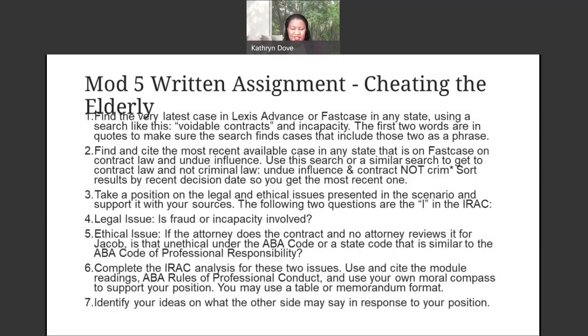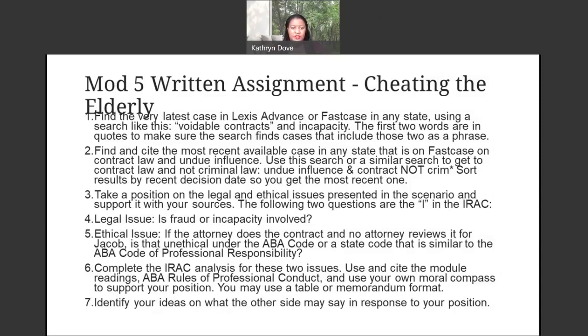So you'll want to, of course, get on Lexis Advance or Fastcase, use one of these premier legal research services, and do a search on voidable contracts and incapacity. You want to, again, cite and find the most recent case that you can find on the internet on undue influence. Use this search or a similar search to get contract law, not criminal law. If you're searching under terms and connectors, you could search the words undue influence and contract and then put not crim. That way you won't be getting criminal law cases. We want to look at civil law